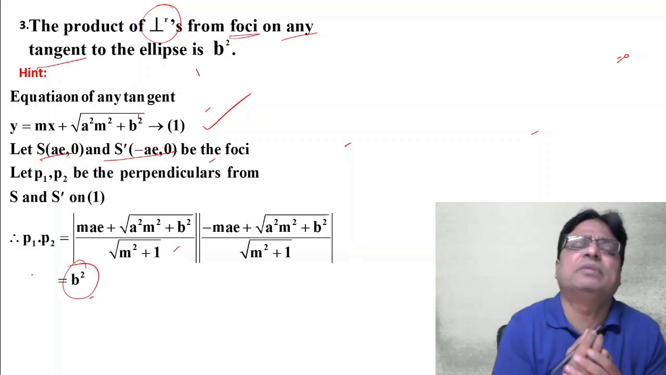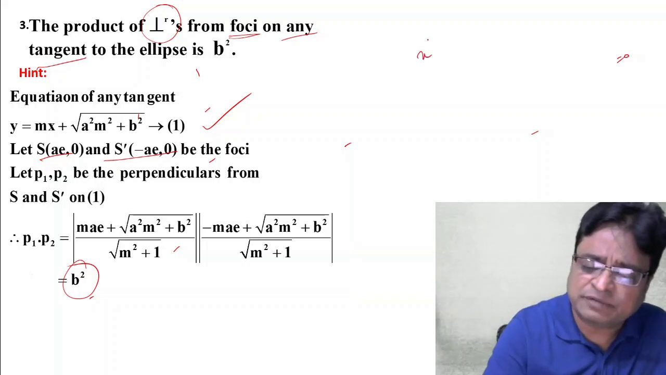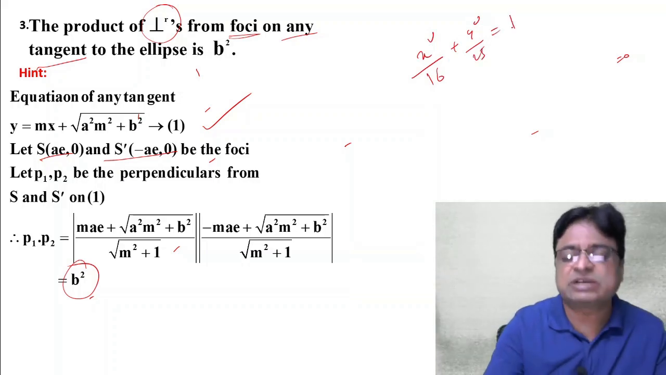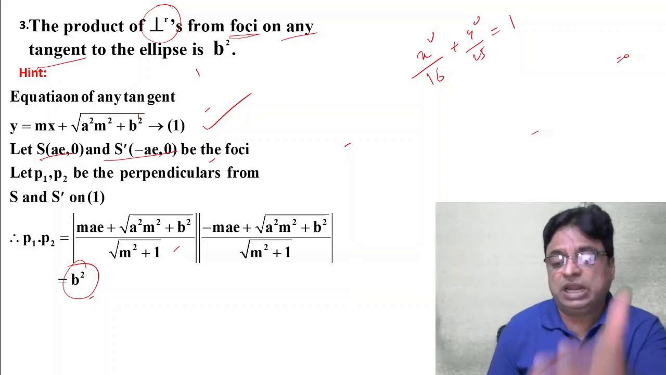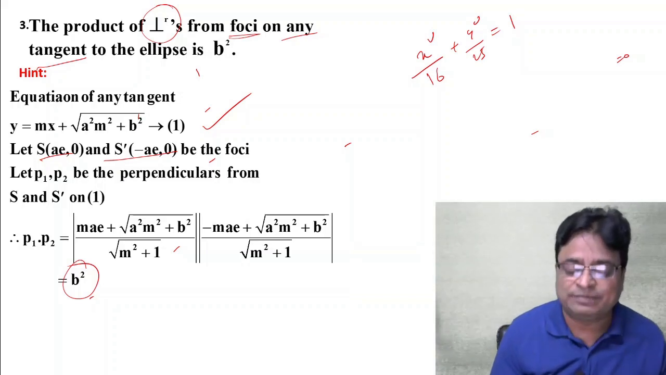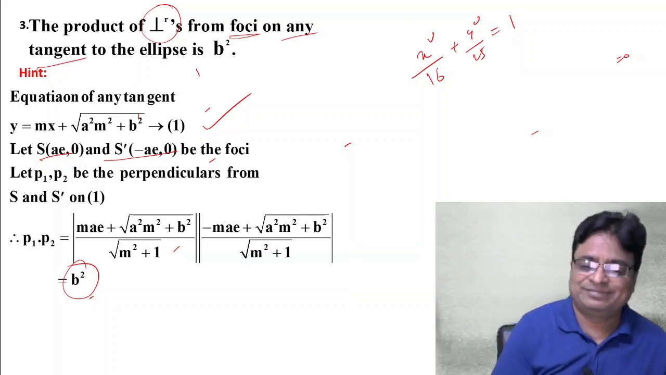As for the application, how can they ask? They may give an equation of the ellipse like this: x square by 16 plus y square by 25 equal to 1. They will ask the question like this: the product of the perpendiculars drawn from the foci onto any tangent to the ellipse x square by 16 plus y square by 25 equal to 1. Then immediately you can write the answer as 25 only. The reason is